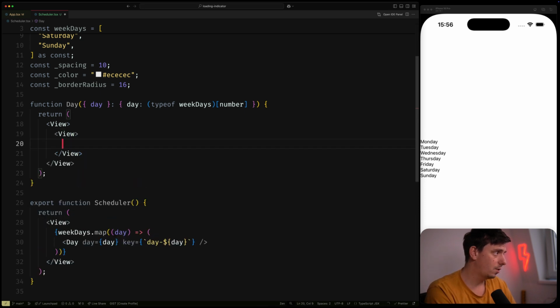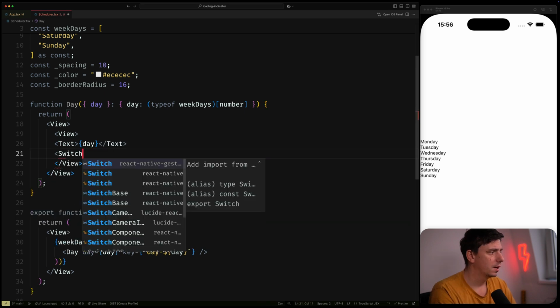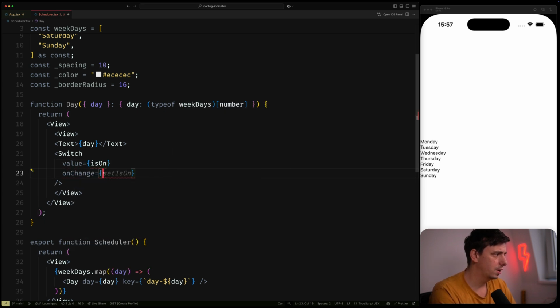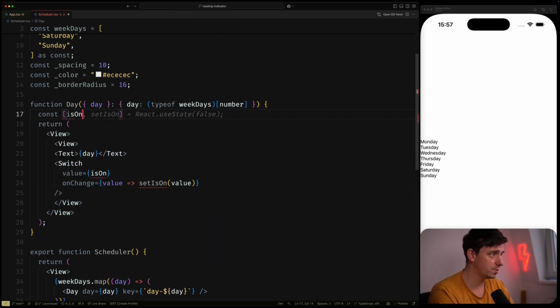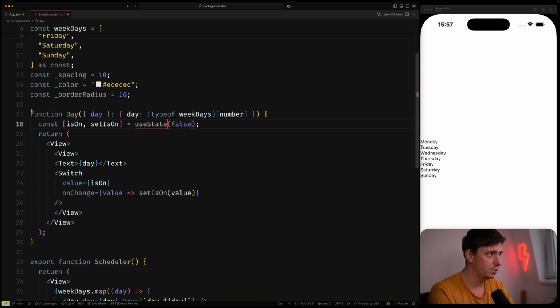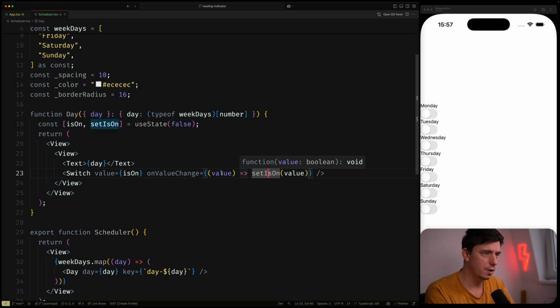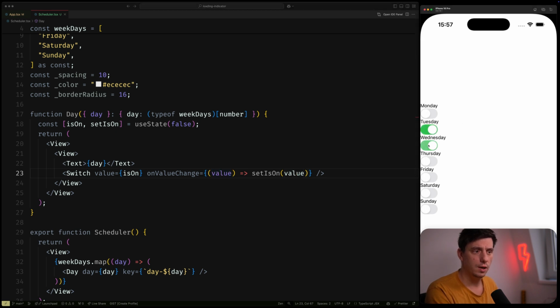And this text, I would like to wrap it into a view. So we have the text itself, but also a switch coming from React Native. Okay. And we are going to have a value as isOn and onValueChange. We get the value as a boolean and we have the setIsOn. Let's create this as a state. So I'll say const isOn, setIsOn as a React useState. So now if we toggle, we are going to also set the state, but also change the UI,